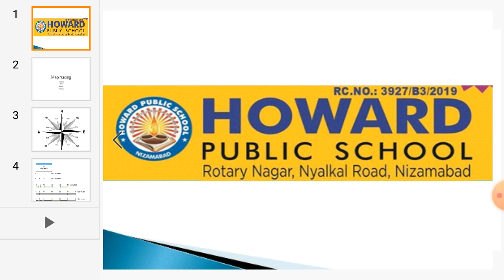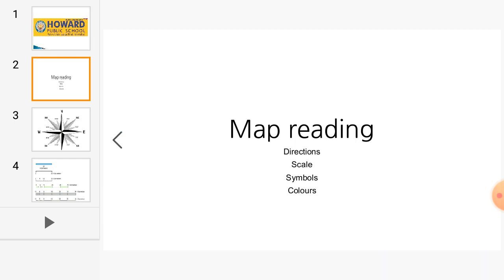Students, in the previous class we discussed the map and the difference between the map and the globe. We have also seen the different maps, right? The political map, the physical map, the thematic maps and all. So in today's class, let's learn about map reading, and let's have a clear explanation of the elements of the map. So what is map reading, children?